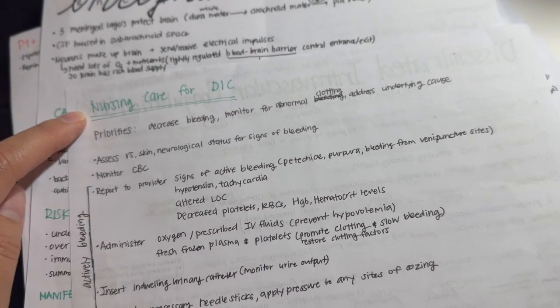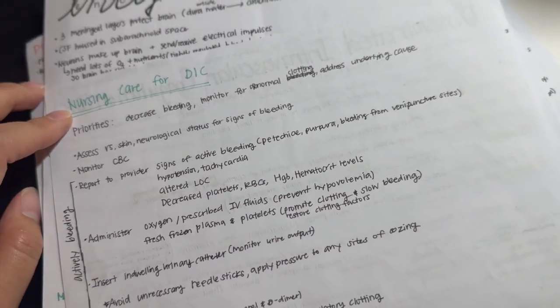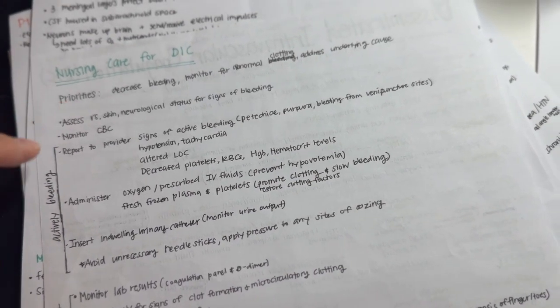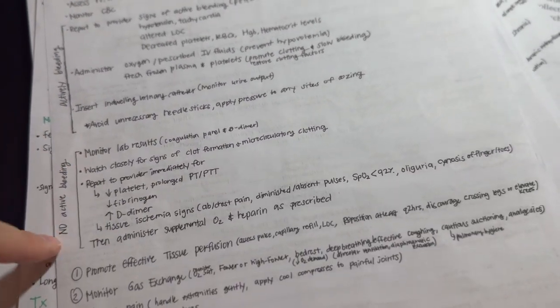And then usually on the back page I would put nursing care. So this was big for the exam in her class. You have to know the nursing care, like the priorities, or all what you do and all that. And then